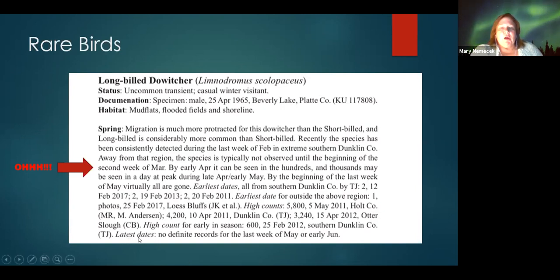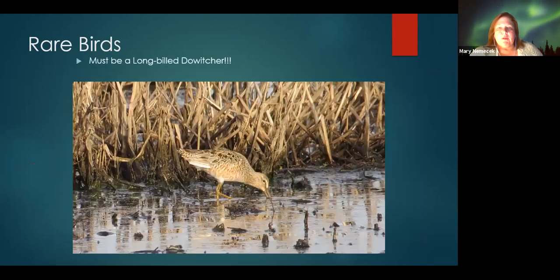So we know long-billed dowitchers leave the state by the end of May. And if you think you've got a long-billed dowitcher in May or June, then get good documentation, because that's an important sighting, because we've never seen that bird in the state at that time. Does this help? Because I think, timing wise, a lot of people wonder, how do I know if my bird is early or late? And Mark's book is really super helpful with that. So, must be a long-billed dowitcher.